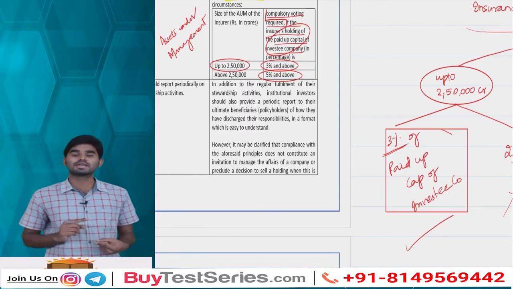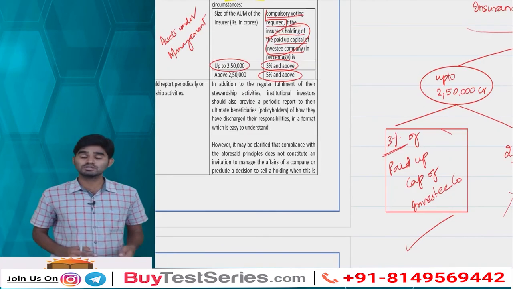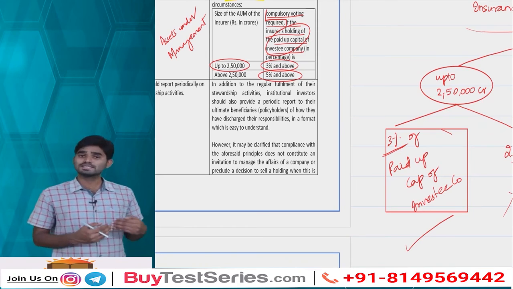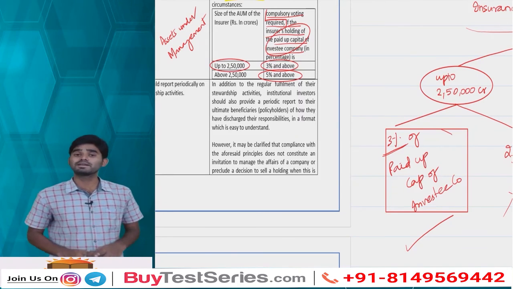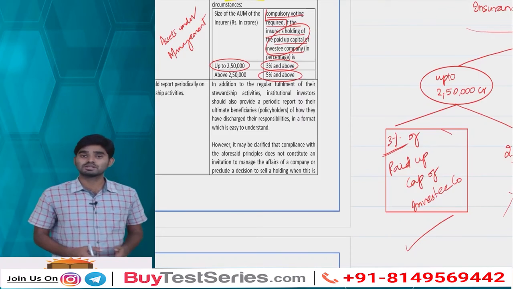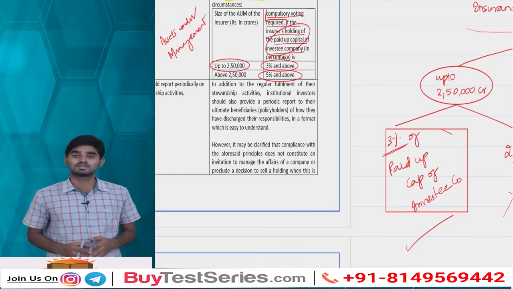One is about your AUM value, that is up to 2.5 lakh crore. Then check out whether you're holding 3% or more than 3%, or less than 3%. If at all you are holding less than 3%, it is not mandatory to vote. But if at all you are holding 3% or more than 3%, compulsory these institutional investors or the insurers shall